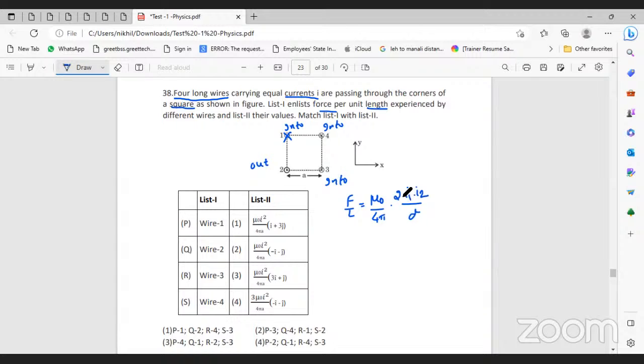μ₀/4π × 2 I1 I2 by d into L that I have taken here. So this is the force per unit length acting on that. Now you have to search for wire 1. For wire 1,